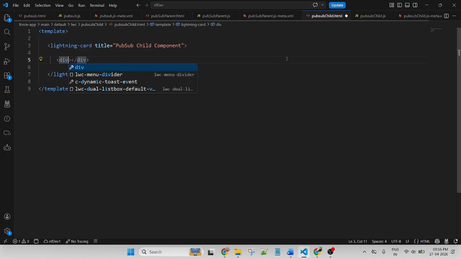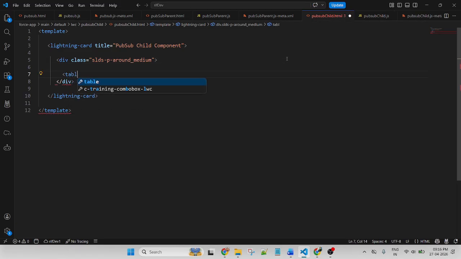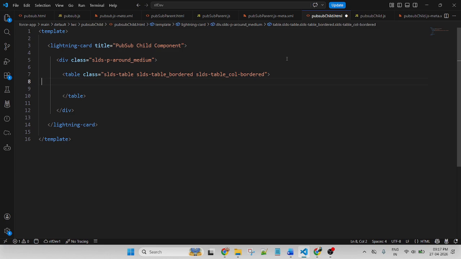First of all, div class SLDS p-around medium, table, class SLDS table, SLDS table border, SLDS cell border, then table row.